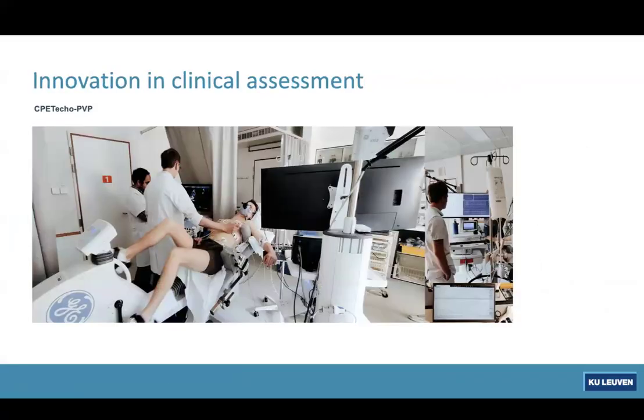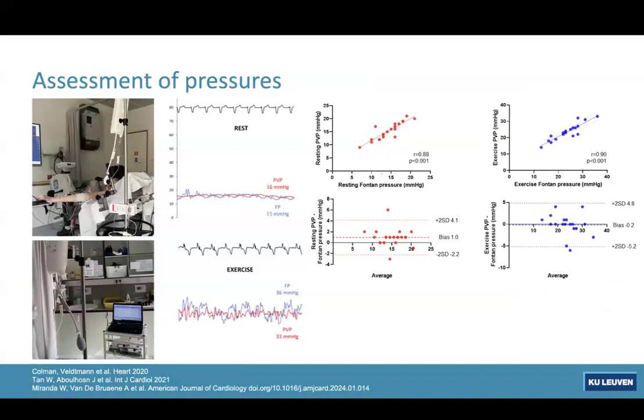And this is the setup. Here we have the Fontan patient on the table. We do the echo, we have the ECG, we have gas exchange, and maybe you can see there's a pressure line here, and you can continuously measure those pressures. Are those pressures an accurate reflection of Fontan pressures? Probably they are. Our colleagues at Mayo tried the same thing, where during their exercise cardiac catheterization they also had a peripheral venous line, and you see an almost perfect match with an R of 0.9, so very good agreement with those pressures.